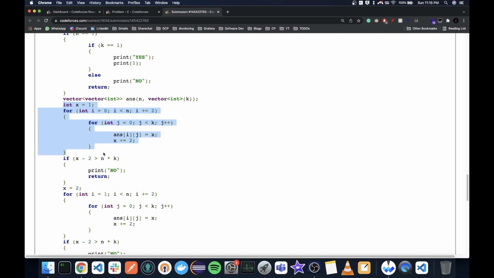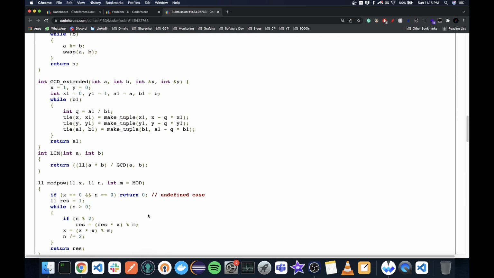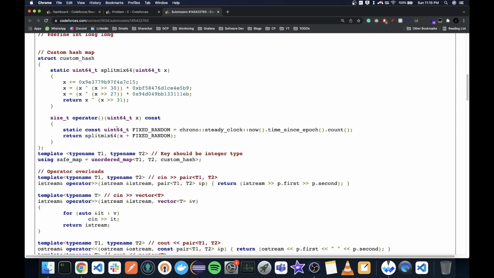So that is the thing, and then I'm checking that if I ever exceeded n times k, print no. Then I add for even, and if I ever exceeded n times k, print no, and then finally print yes and print the vector. If you don't know how this printing is working, obviously you can check out my template